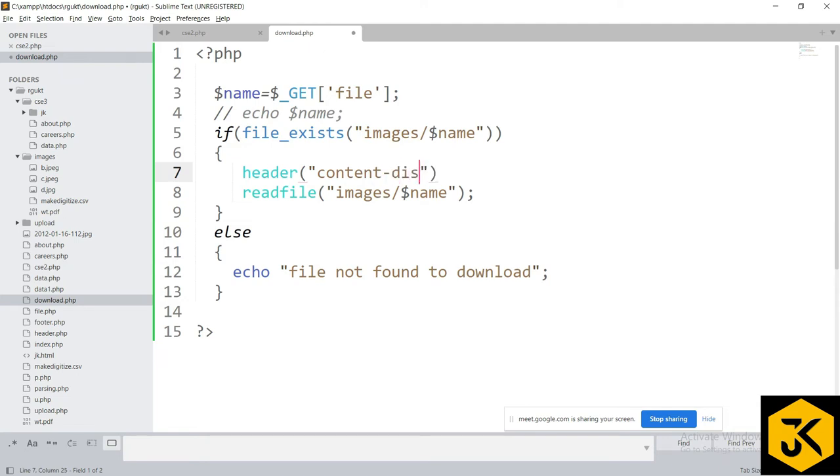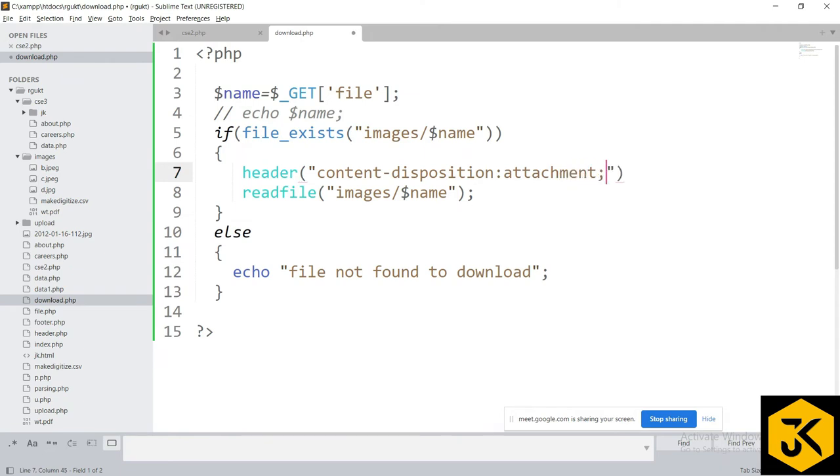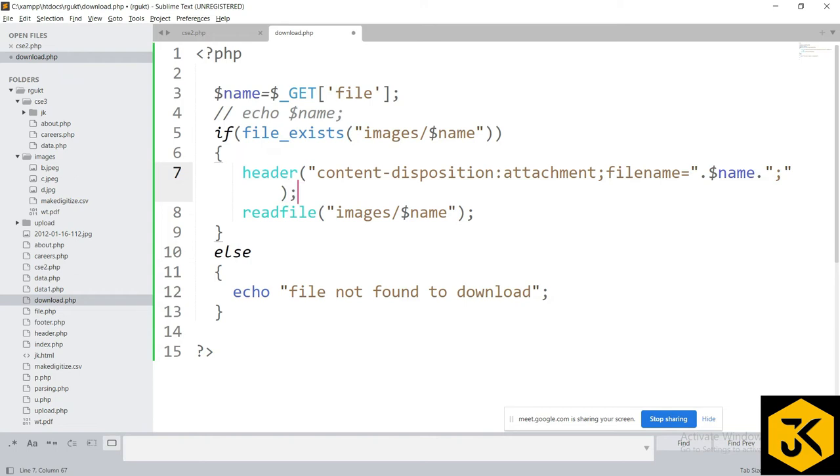Those properties are the Content-Disposition property, which should be attachment, and the file name you are trying to download should be the user-submitted file name. If you want to write your own name, you can. For example, I would like to write the file name as filename equal to dollar name, dot something, closing like this. I'm going to close the header. Instead of this, what we can do is,